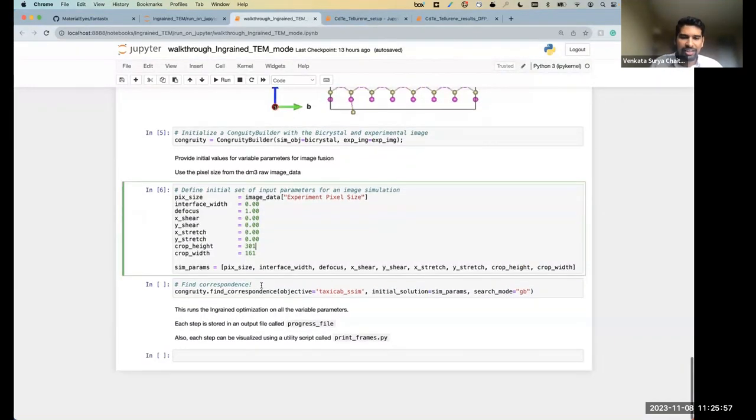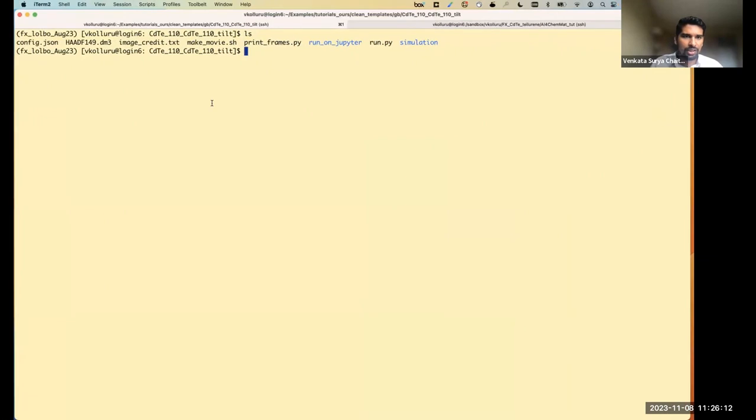So once we define that, if we run this, the Ingrained optimization will run. I'm not going to do this now. It will take anywhere between 30 minutes to 1 hour, depending on the problem. So I already have it here. So if we just